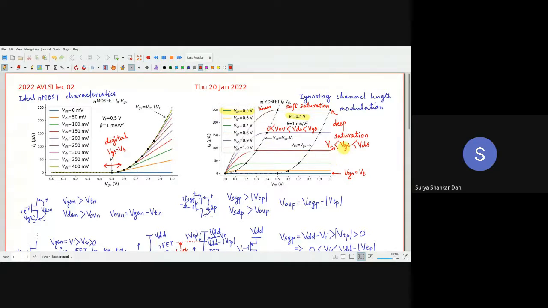Because for digital IC design, you don't have to bother about how much current. We have to bother only about whether your logic state reaches 0 or VDD. That's it. Nobody cares about how much current it is doing. Rather, if somebody cares, they will say reduce the current. So it's not necessary to look into ID VDS in the digital IC design course.